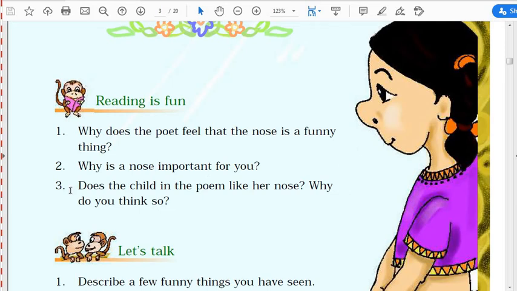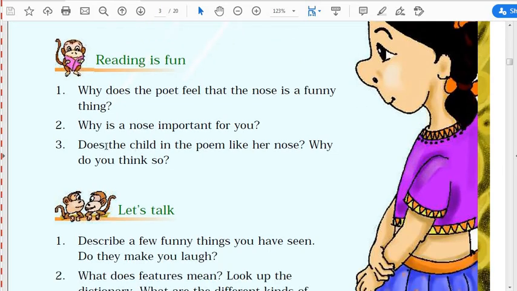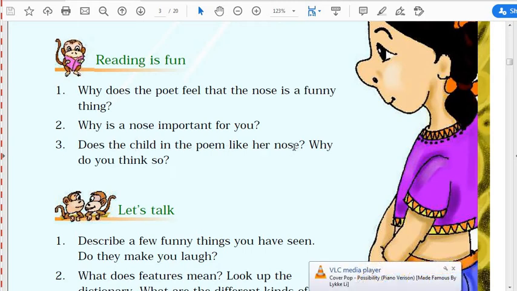Okay, now the next question is, does the child in the poem like her nose, and why do you think so? So my answer would be, the child does not like her nose in the poem. Okay, why? Now let us find out why we think so. It is because in the last stanza